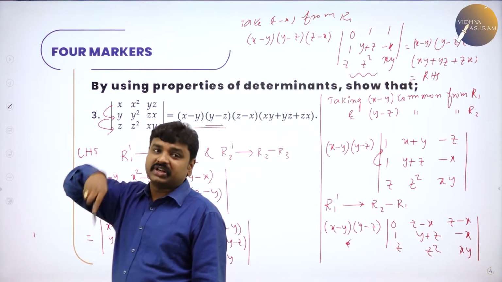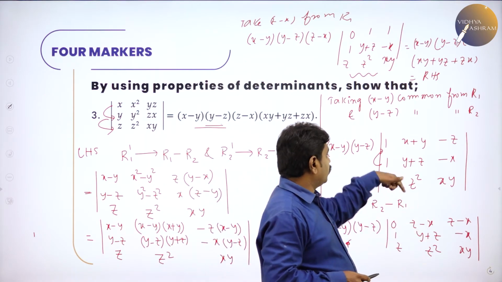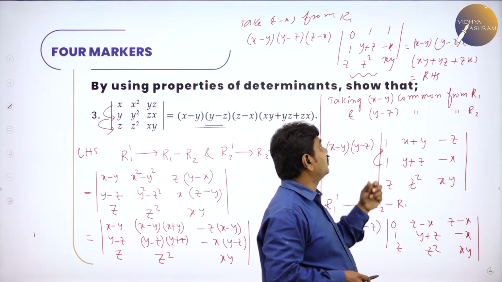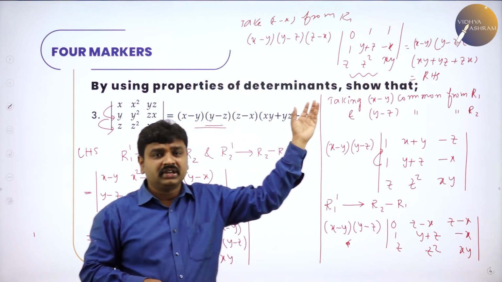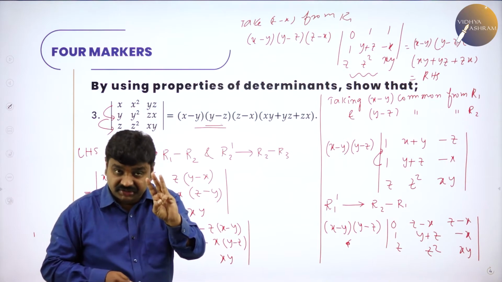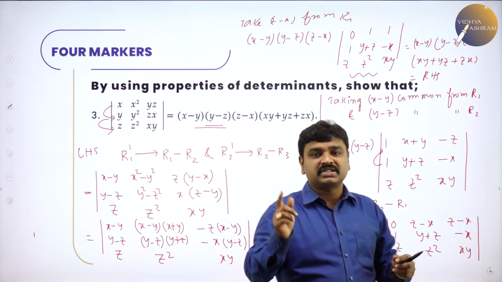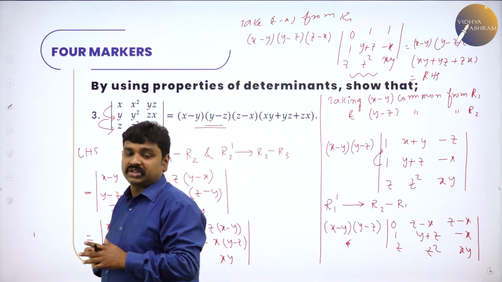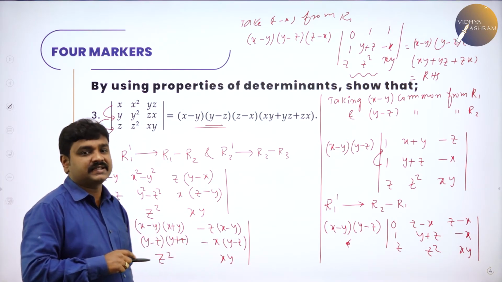R1 is R2 minus R1 we will do. Why will I do R2 minus R1? Because I want z minus x. So if I do like this, I will get x minus z. If I do R1 minus R2, I will get a minus, so again I should take the minus common. After doing that, what is the conclusion? Expand it, you will get the answer. This is also interesting and important. By now we have done 3 problems, but in the first two, C1 dash is C1 minus C2, C2 dash is C2 minus C3, which reduces the length of the problem. But here, depending on the RHS, we have done row transformation. It means you can do row transformation or column transformation to get the answers.